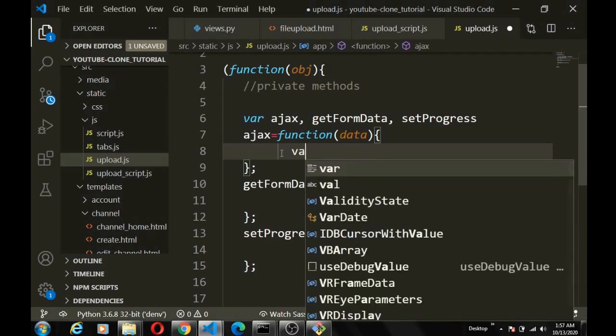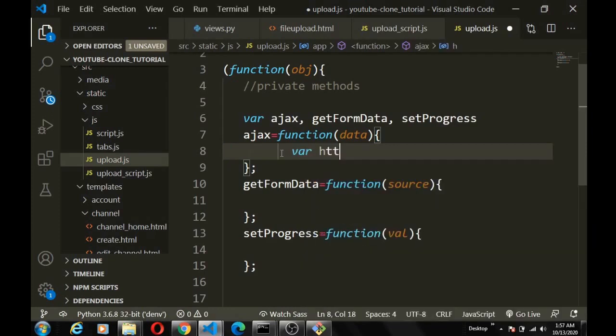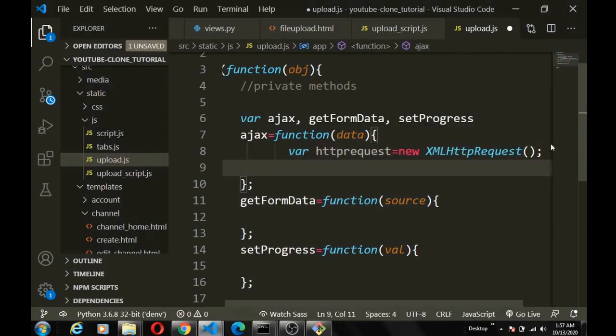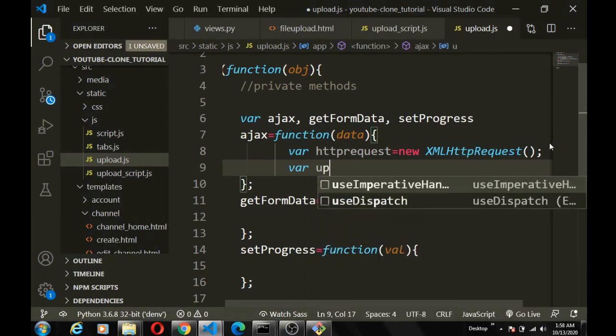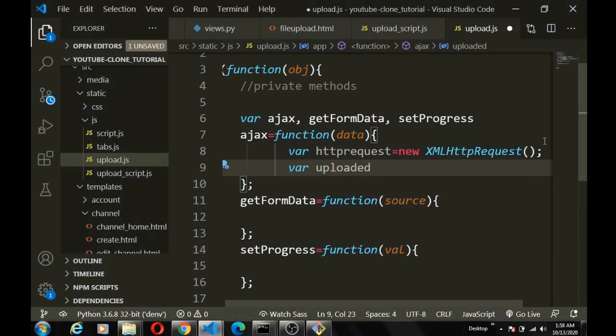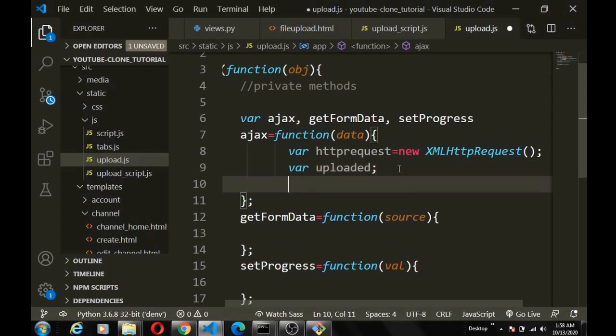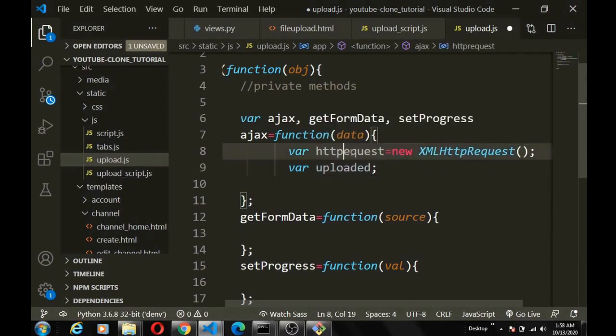So we're going to create a variable called http request, which is going to be equal to the new XML http request method, and we're going to define another variable called uploaded, which we'll use later on to keep track of if the file is uploaded or not. Alright, so here we're going to make our ajax call, but before that we need to define, you can use a better variable. Let's just